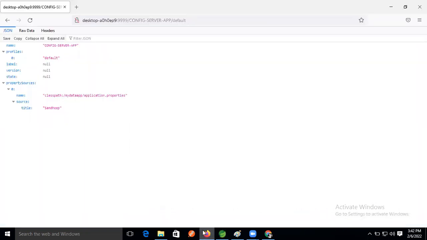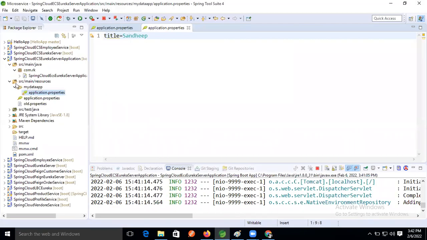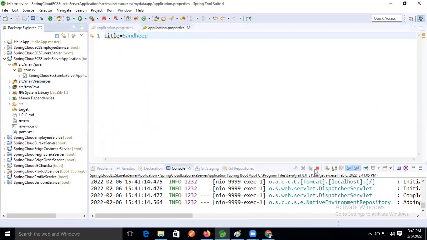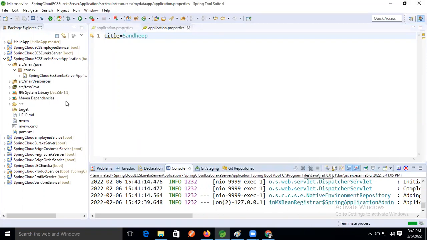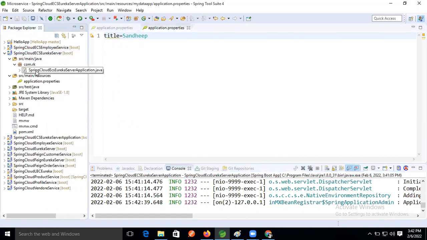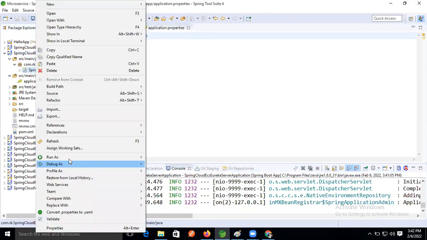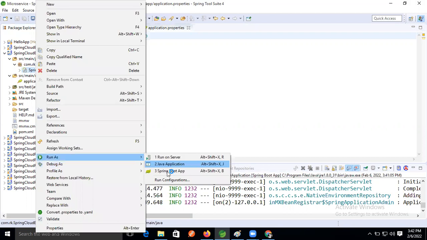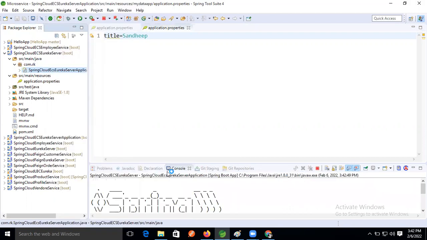Now what will we do? First, let's stop this one. Now first run our Eureka server. Right click, Spring Boot application.